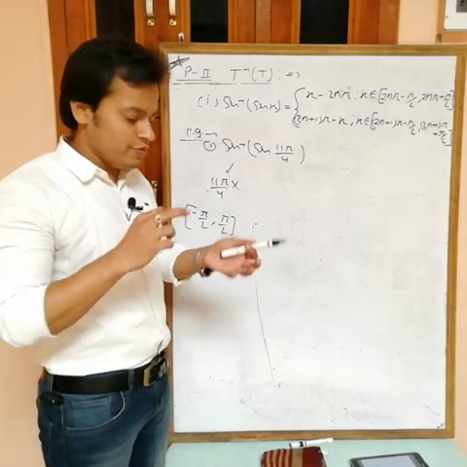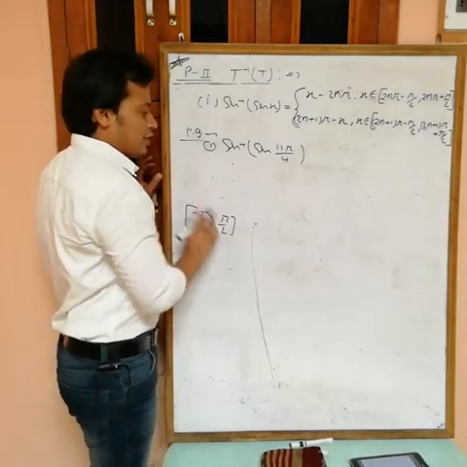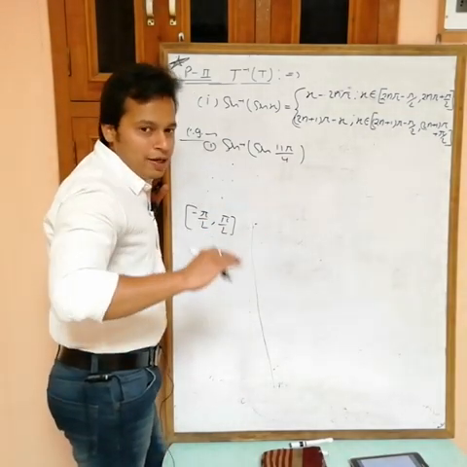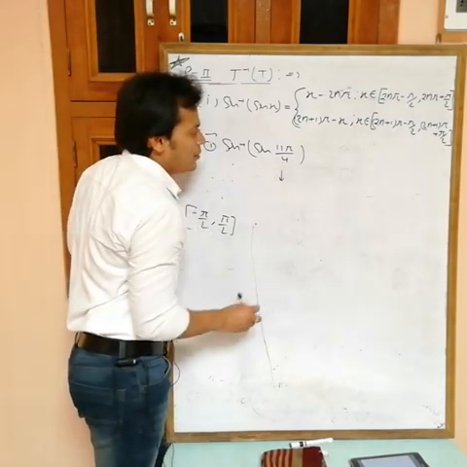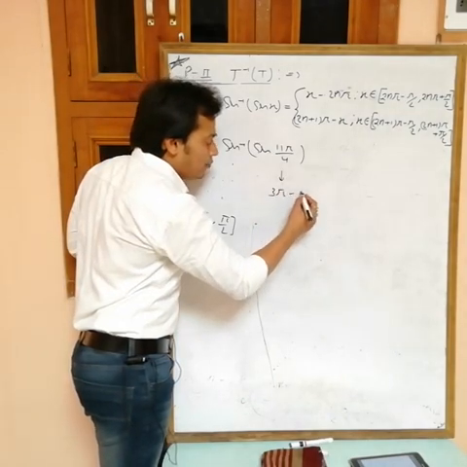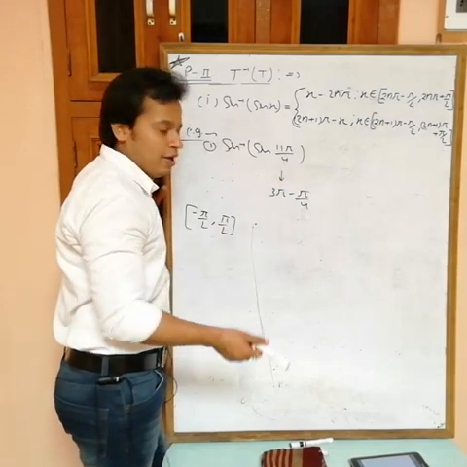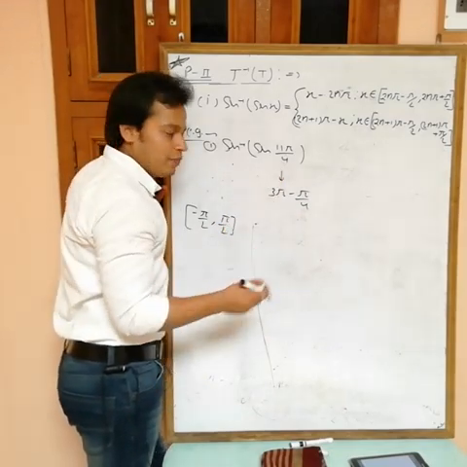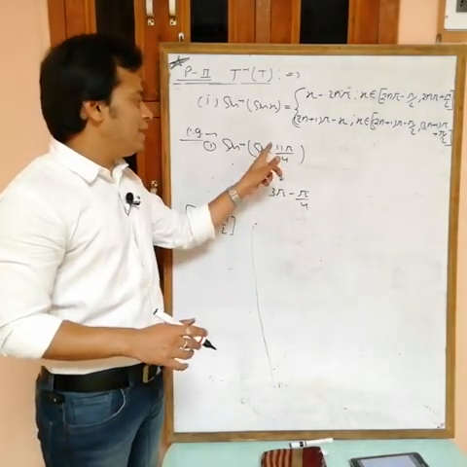Okay? It means this is near to pi or 2 pi or 3 pi. So I have to check near to any multiple of pi, meaning from minus pi by 2 to plus pi by 2. Actually, 11 pi by 4 is 3 pi minus pi by 4. This is the value, 11 pi by 4: if you solve 12 minus 1, 11 pi by 4. So this is 3 pi minus pi by 4.